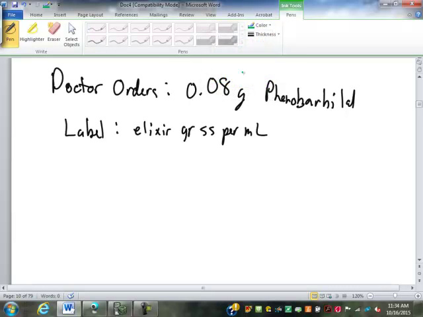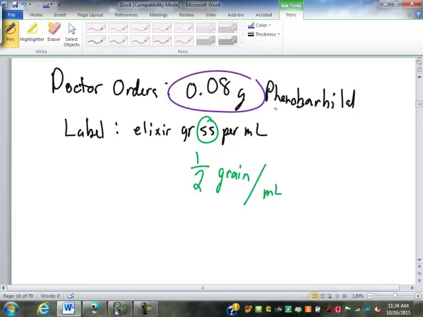So first of all, what does GR SS mean? What's SS mean? 1/2. Roman numerals, yeah. A couple of you had it. GR is, of course, grains. That's a half grain per milliliter. Orders are in grams. Well, I don't see grams anywhere in this. So the first thing we have to do